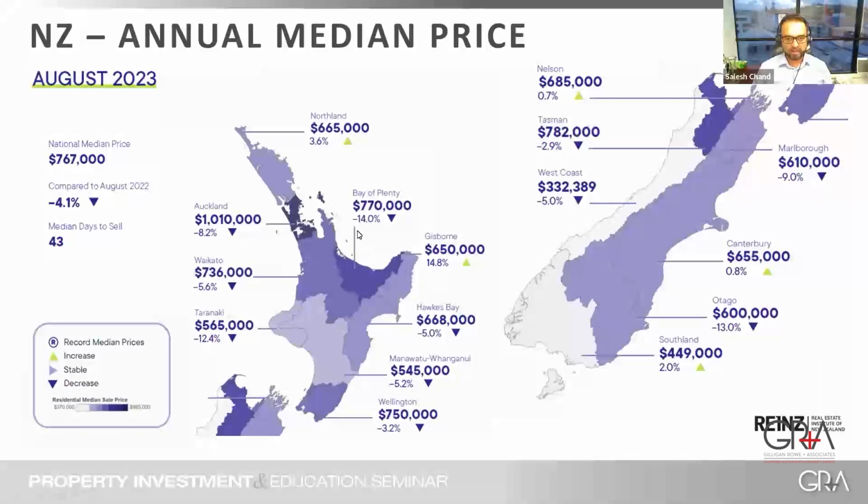In Rotorua and Bay of Plenty, we own quite a few properties, and we now rent a 3 or 4-bedroom house for between $600 and $800 per week. That's what we rent them at. A 1-bedroom flat in Rotorua rents for about $500 per week, and we've got plenty of tenants lined up to rent these houses. This is what's happening in the small towns: rents are up, and in some cases higher than Auckland.